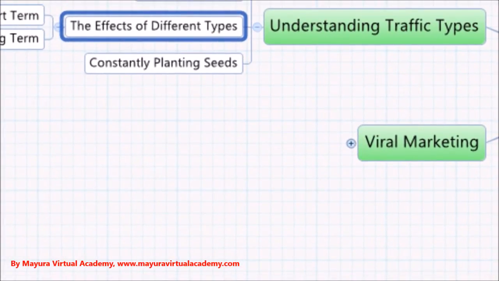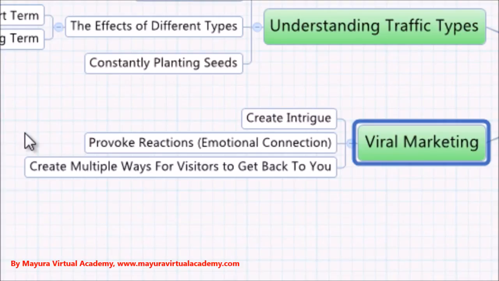Viral marketing is a fantastic way to build traffic. Many people don't understand it, so let's explore it very, very briefly just here. Viral marketing is there primarily to create intrigue and to get people visiting your site, of course. And the intrigue is created because you've done something perhaps unusual, or perhaps very funny, or perhaps just mind-blowing in that it maybe gives massive amounts of value for free. Perhaps it's a video which is controversial. It could be a number of things.